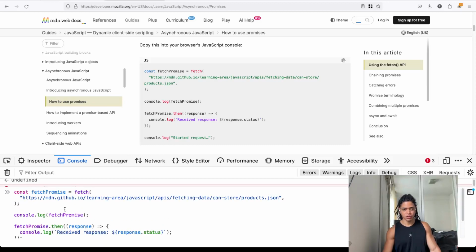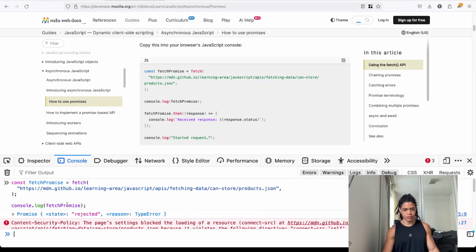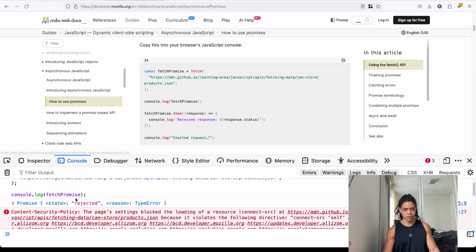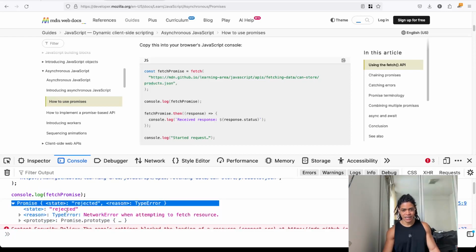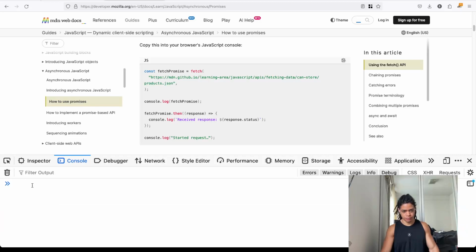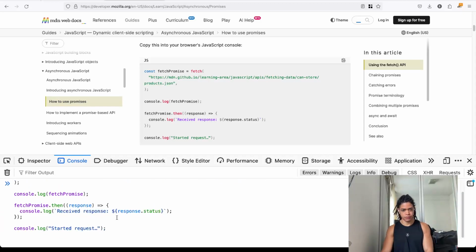But because we haven't, for example, here, it fails because we haven't attached a callback here, since we haven't attached an on rejected callback, we weren't able to handle that error state, so it returns us an object here. So if we run this again, but now with all of this,